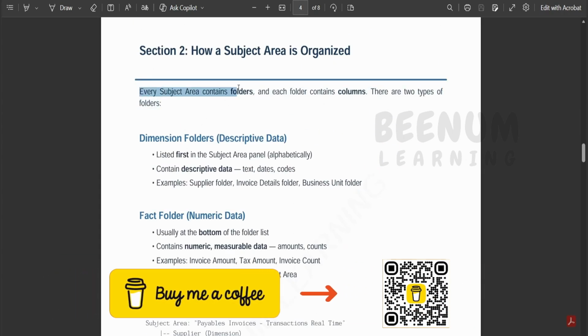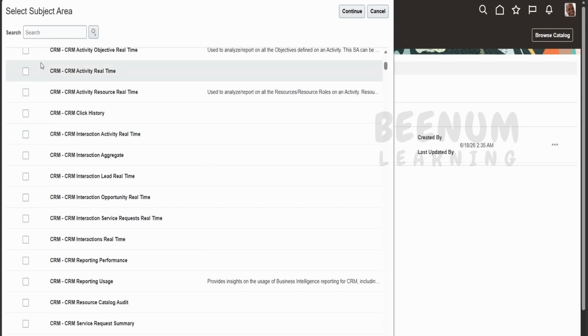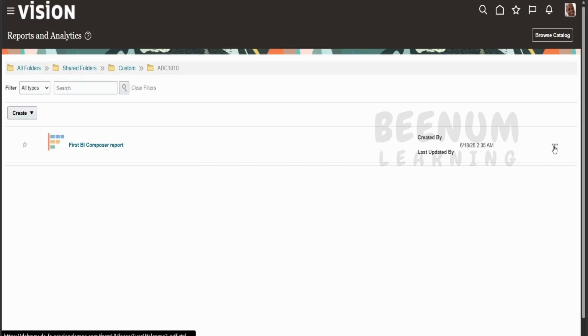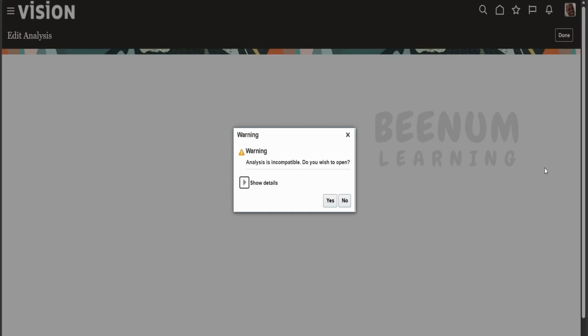So every subject area contains folders. Suppose I select one of the subject areas, or let me get into one of the reports. If you want to edit any report, just click on these actions and click on edit. So you will get into these reports which we have created with the help of BI Composer. Also, in the subsequent classes, we will see how we can create a report or edit the pre-built reports using